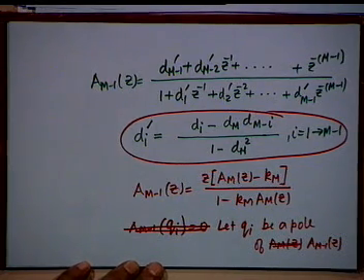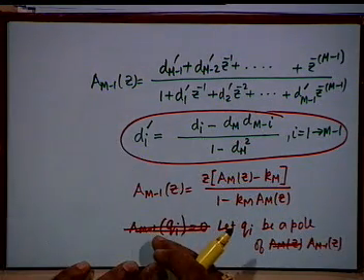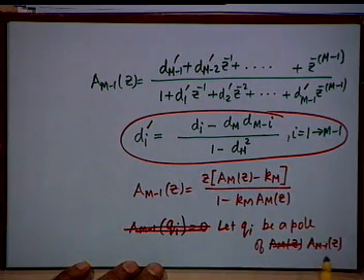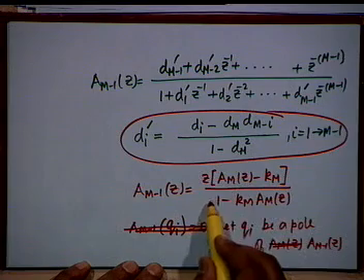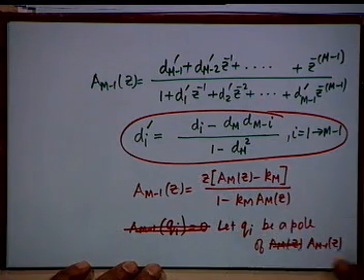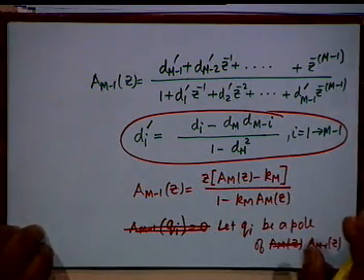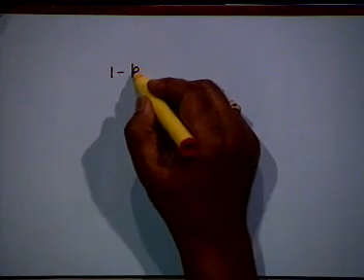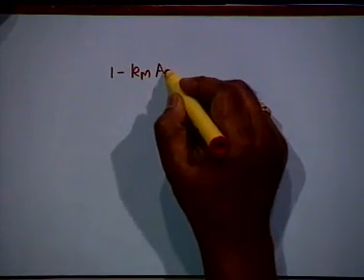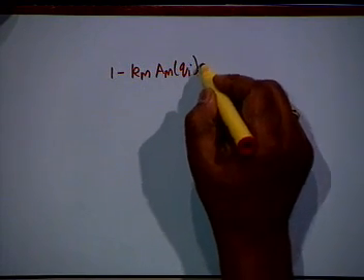In order to prove that Am minus 1 z is stable, we have to look at its poles. And the poles are the zeros of the denominator. How many poles? m minus 1. We have chosen an arbitrary pole Qi. Then at Qi, the denominator must be equal to 0, that is 1 minus Km Am of Qi is equal to 0,